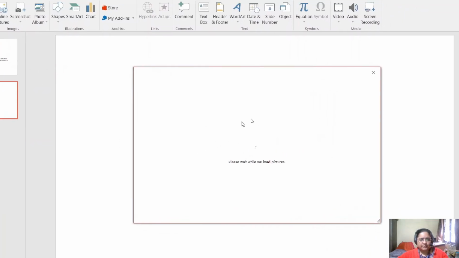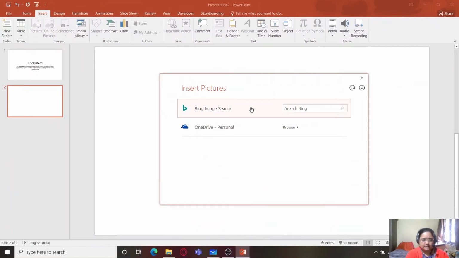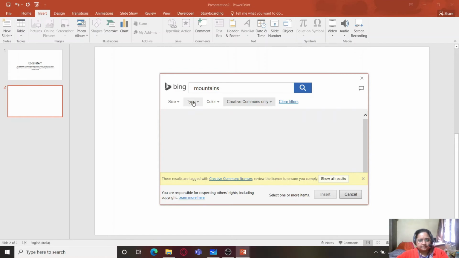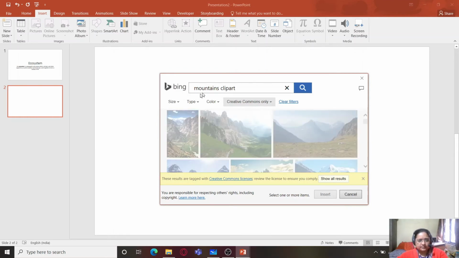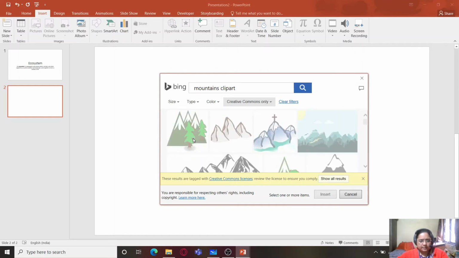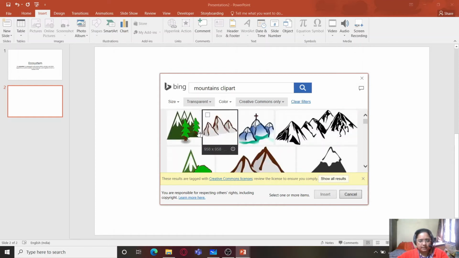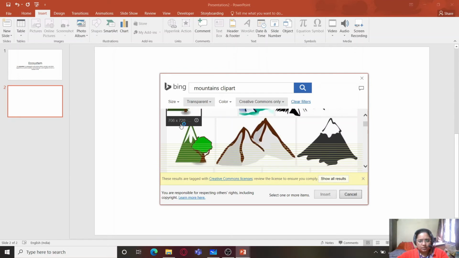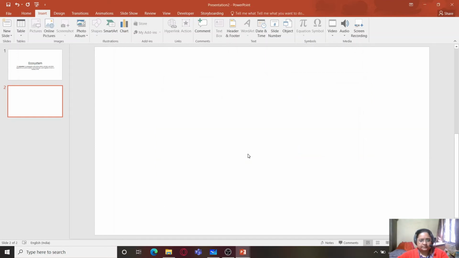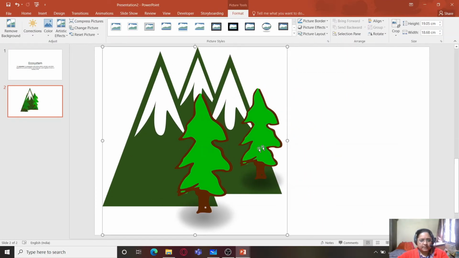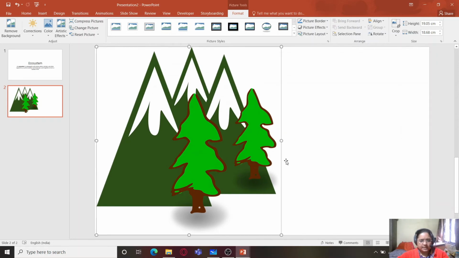So we'll go to online pictures and search for mountain, and we can type clip art, go to type and select transparent backgrounds. You can see some clip arts with some trees, so we can insert that. So we have a mountain in the background and we have some trees.